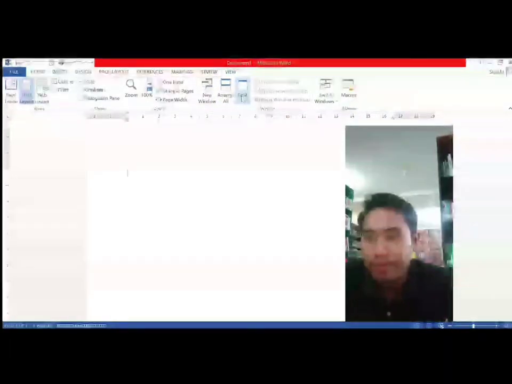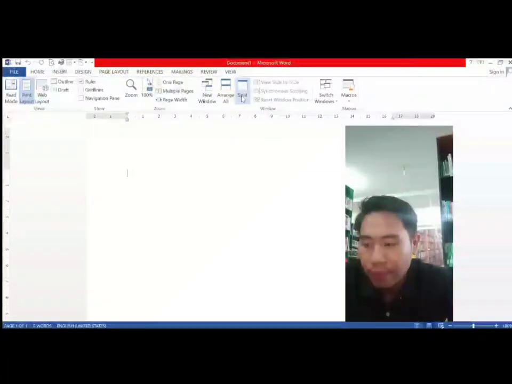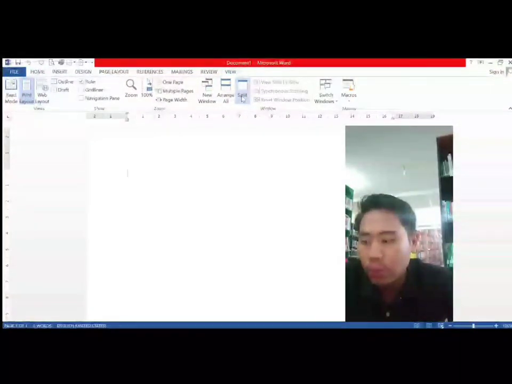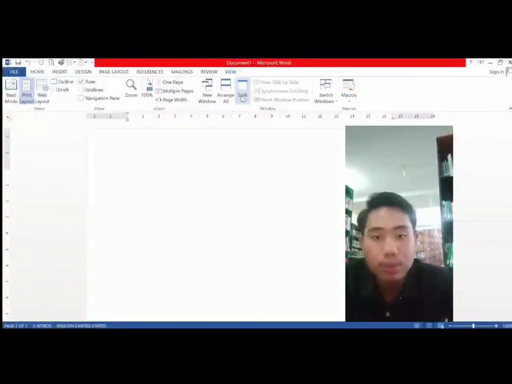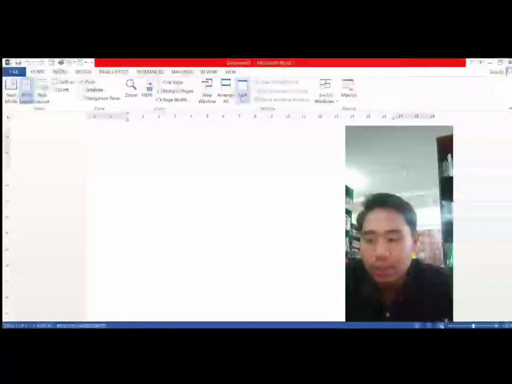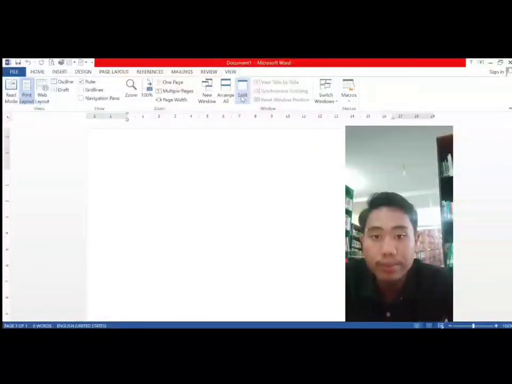Split. Useful for splitting the MS Word window into two parts, top and bottom.